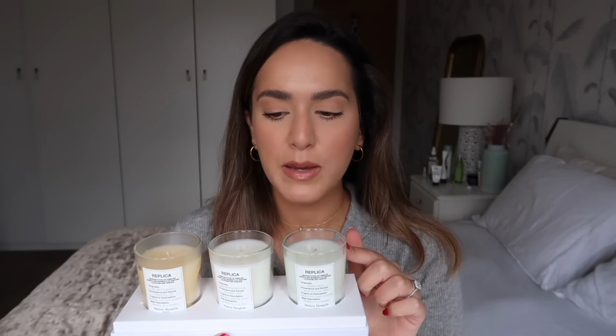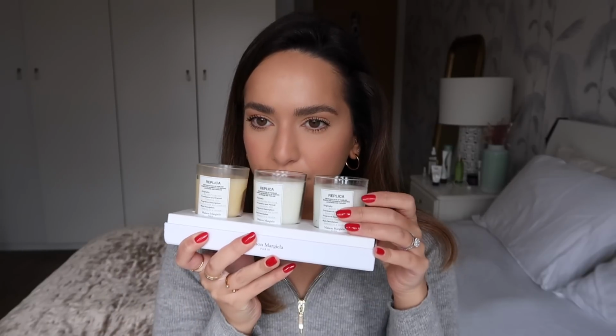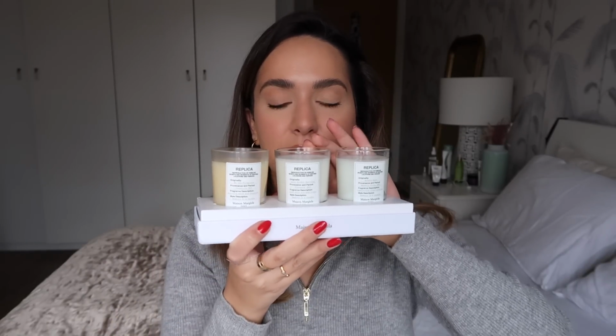I like all of them for different things. I definitely will keep the bubble bath one in my bathroom, but I do like the Sunday morning one too. So if any of you guys use their fragrances, I would love to know which one you use. I haven't got these out of the box yet because I was obviously trying to show you guys. I feel like I said I wasn't going to say who got these for me, and now I'm just saying it,